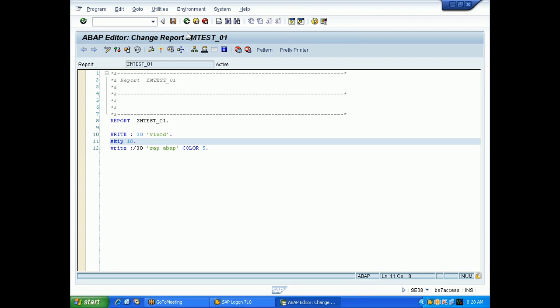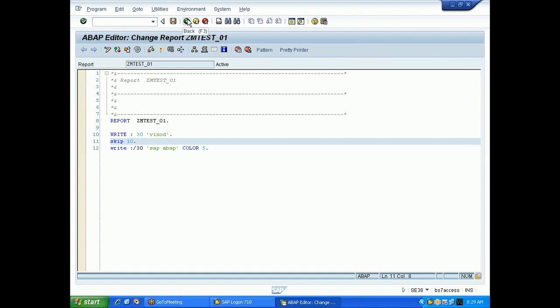So this is a use of the write syntax. So now you know how to use the write keyword, how to write the literals in the output, how to give the spacing, and how to control the line spacing and vertical and horizontal spacing. If you want to put horizontal spacing, give the number. If you want to put vertical spacing, go for a new line or use the syntax skip.